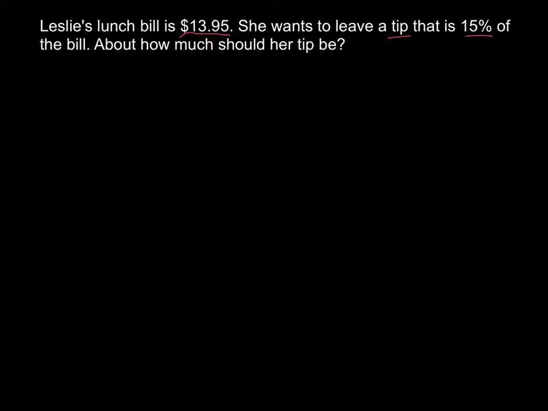Okay, so we've got a few things going on here. The about, again, we do have that. And I didn't do this on the previous one. The previous one, we found exactly how much the entire bill would be. But what they're actually looking for on this is they're trying to say, well, we think you should round this $13.95 to $14. So I figured it'd be okay to leave it because then it gives you an example of how to solve it exact if you were to be given a problem like that, and then how to solve the about. So the $13.95 should be rounded to $14,